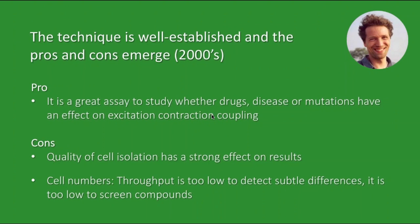But what exactly happens largely depends on your isolation protocol. Over the past years, I think there has been a convergence of isolation protocols, so the situation is better than it used to be. But still, I would rather have just a few well-established protocols that everyone sticks with. What you can do is look at the results from your data, and